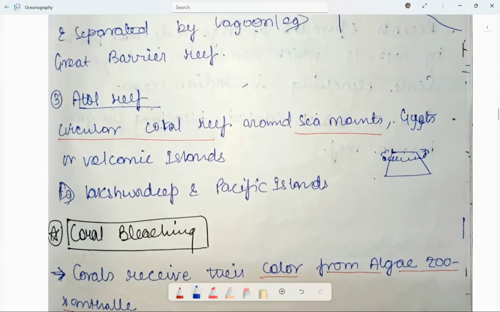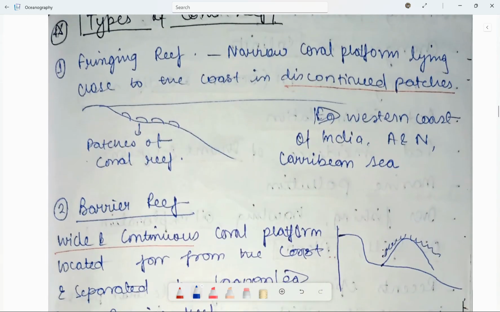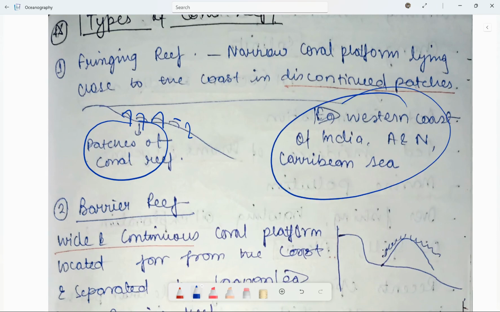Third is atoll reef. Types of coral reef में fringing reefs क्या होते हैं? Fringing reefs, they are very narrow coral reefs and they are lying close to the coast in a discontinued form and patches. So patches of coral reef आप देखो बहुत ही छोटे छोटे सब जगह प्रेजेंट होते हैं, जैसे कि वेस्टर्न कोस्ट ऑफ इंडिया में है, अंडमान एंड निकोबार आइलैंड में है, कैरेबियन सी में है।